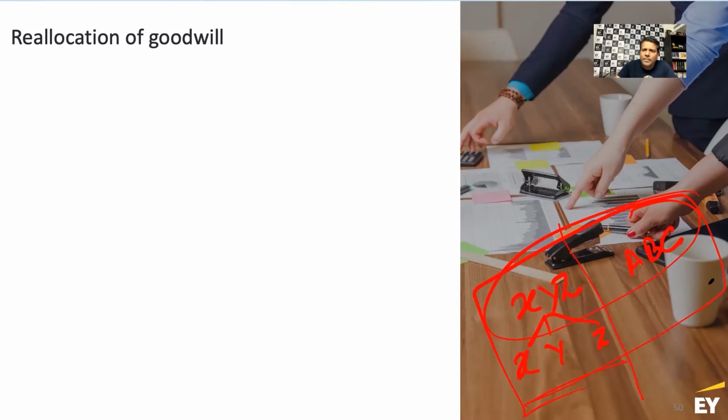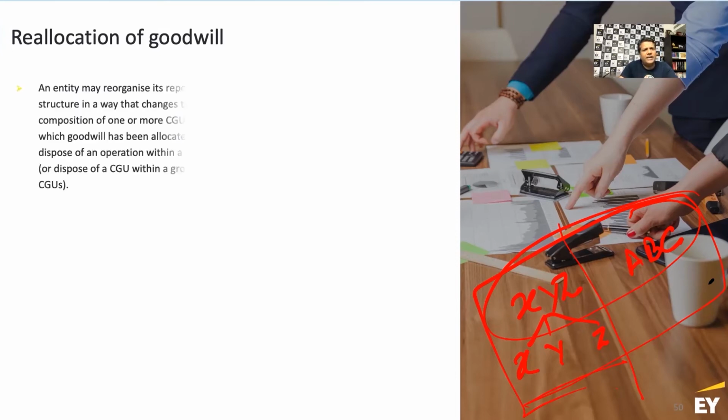Now once goodwill has been impaired, it is not allowed to be written back. Unlike other impairment losses, if you have recorded an impairment loss, a subsequent reversal of the impairment loss is allowed to the extent of the impairment loss. But goodwill, if it has already been impaired, you are not allowed to reverse the impairment loss in relation to any goodwill. An entity may reorganize its reporting structure in a way that changes the composition of one or more